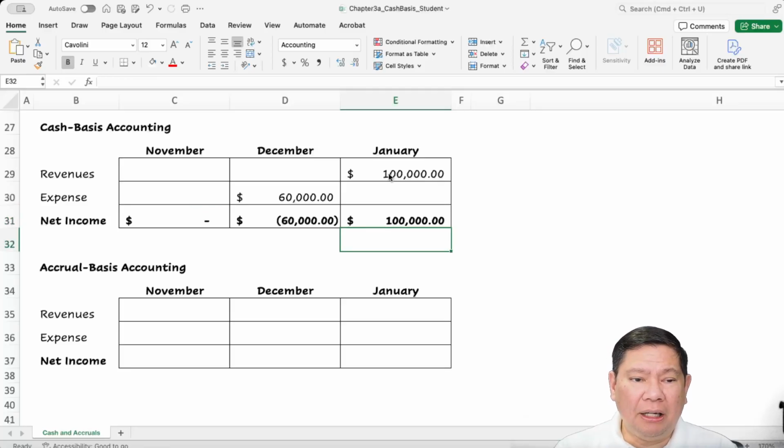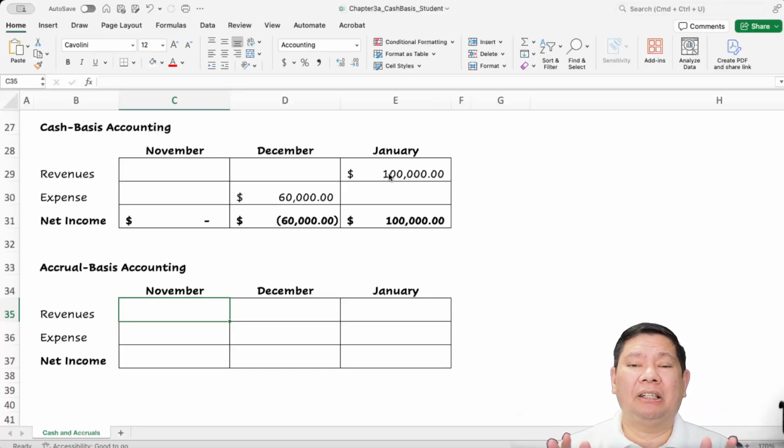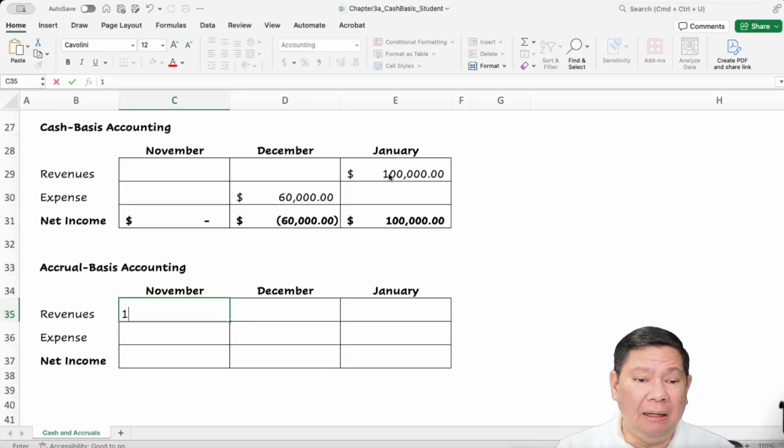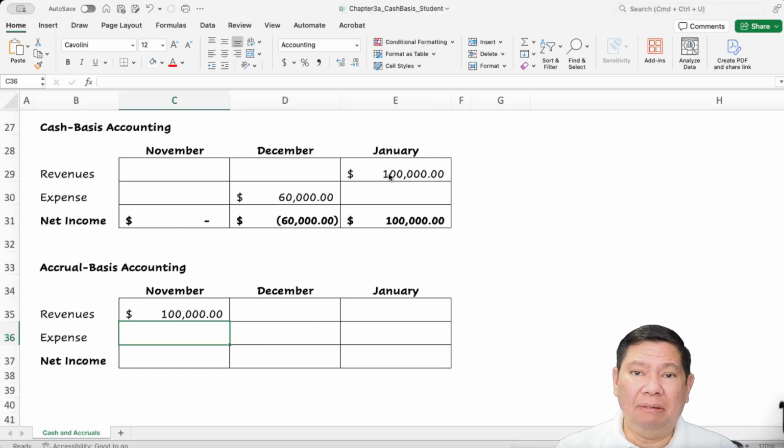Okay, but we are using accrual basis accounting. It's very important to see when the performance obligation is met. That's when we recognize the revenue, and the expenses to support that revenues must be recognized in the same period. So the company fulfilled its obligation in November. So by that time, they could recognize the revenues, $100,000. They're not going to be paid until January, but the revenue is the revenue for November.